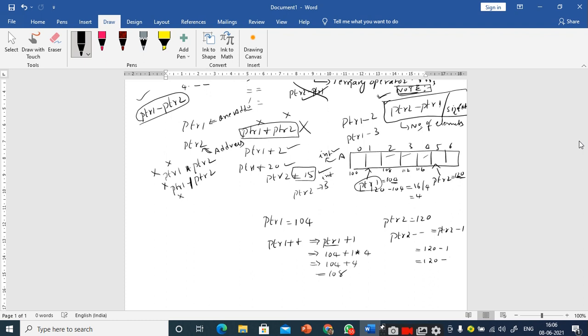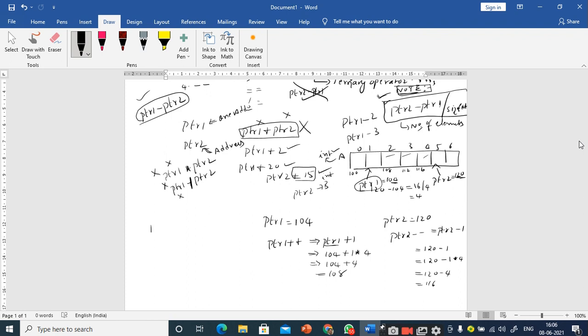So 120 minus 1 into the size of int, that is 120 minus 4, equal to 116. So when you increment the pointer value, it points to the next element in the array. Similarly, when you decrement the pointer value, it points to the previous element of the array. This is what you have to remember, right?